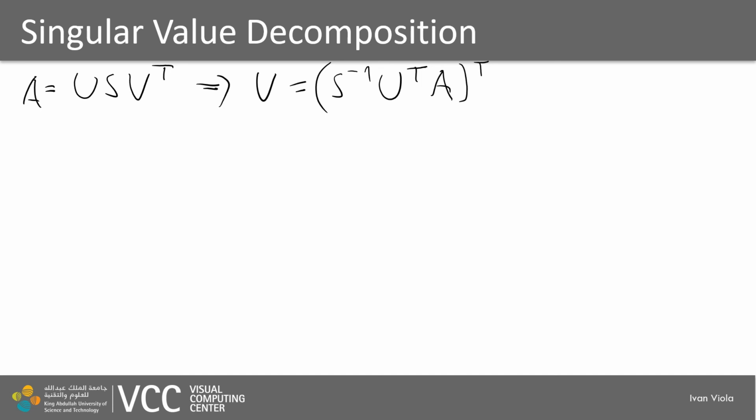The S inverse is simply the reciprocal of those terms. So we have these terms, remember, 1.618 is one term,